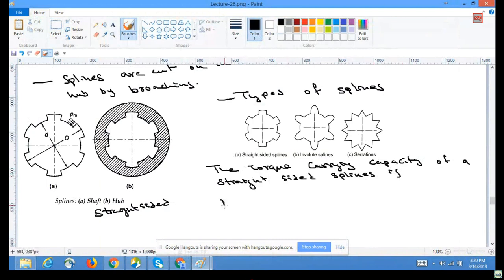The total torque MT is equal to PM, the pressure, the area, and the radius,